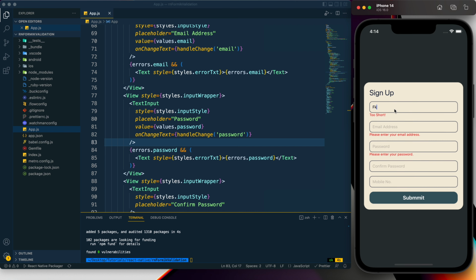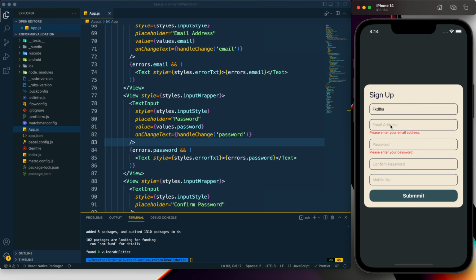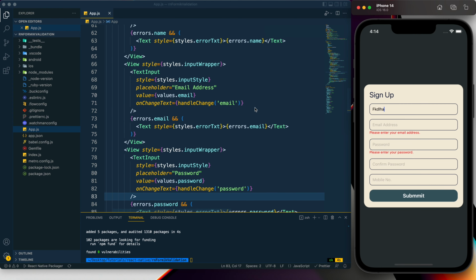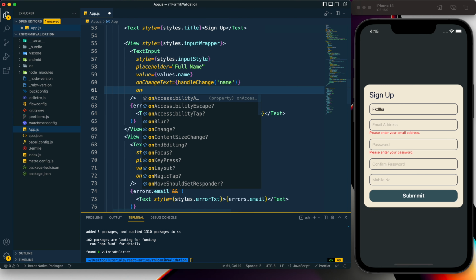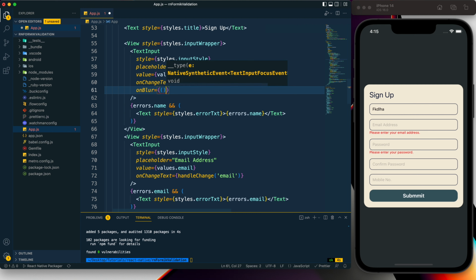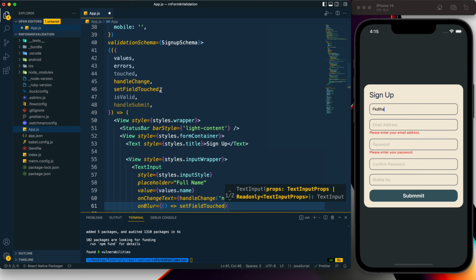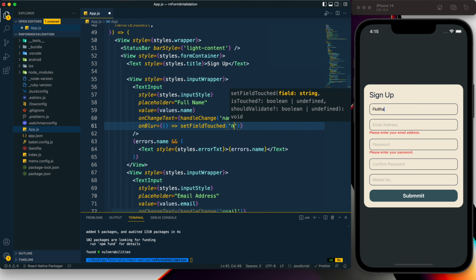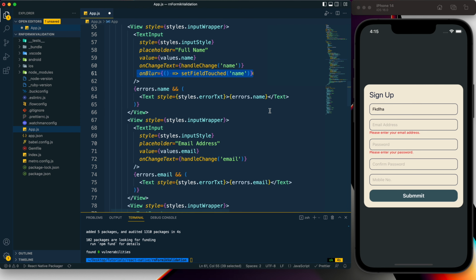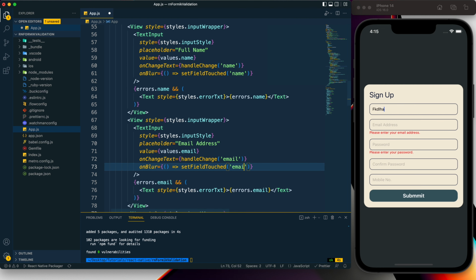So let's type some name, and here we can see the error messages are already present for these fields, which is actually correct but not the proper user experience because the user hasn't reached these fields. So that's why we need to provide another property here, which is on blur. And for the on blur we have this set field touched, which we have here, and for this one also we need to provide the values for each field. So here it will be email,